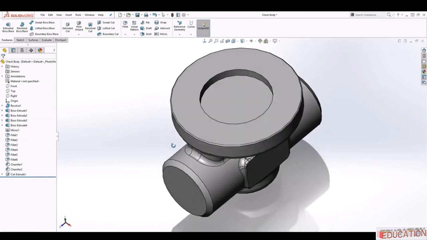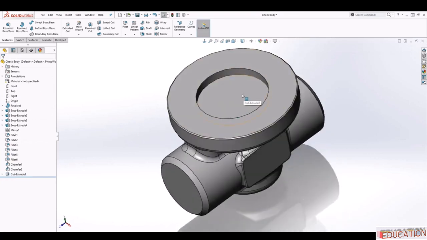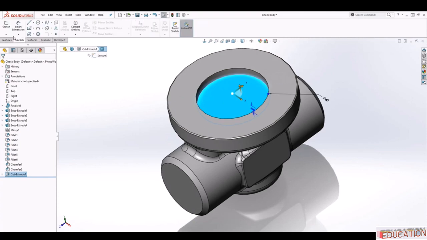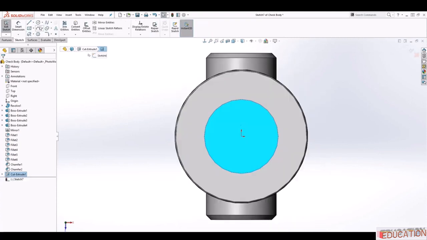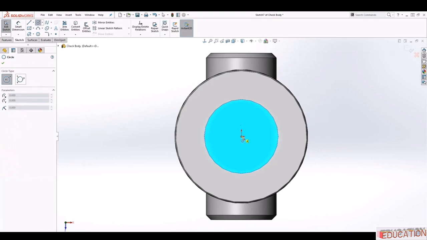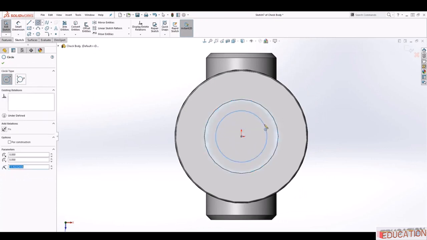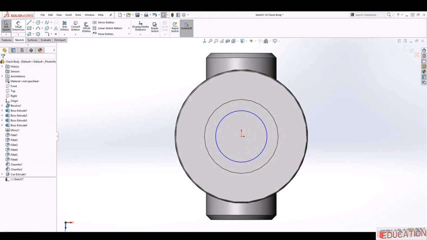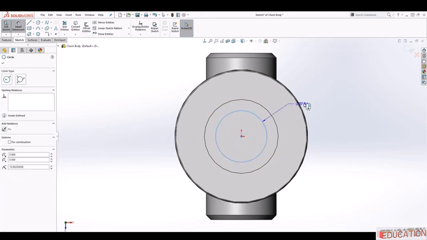So you should have something like that. So now we're going to come back, click this face, sketch, normal to, let's add another circle. Let's make this circle 26,